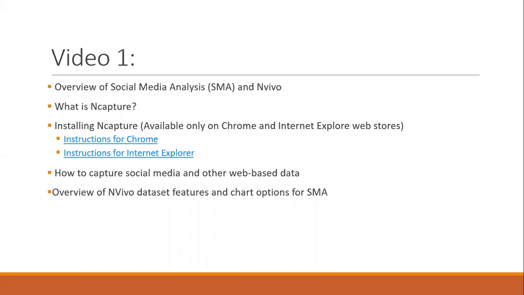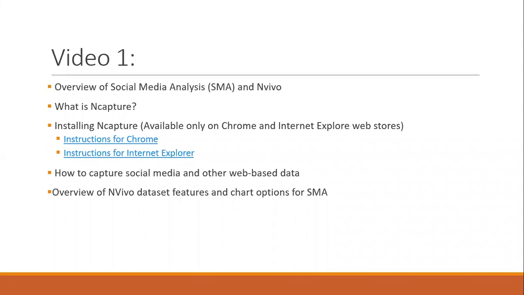So Instagram, you would go to the Instagram profile page or search a hashtag that you're interested in. You can click on that nCapture icon again, but unfortunately Instagram only gives the option of capturing a web page as a PDF instead of a data set. There are no options on Instagram that give you the option of capturing it as a data set, unfortunately. So Instagram currently does not support downloading posts as data sets at all.